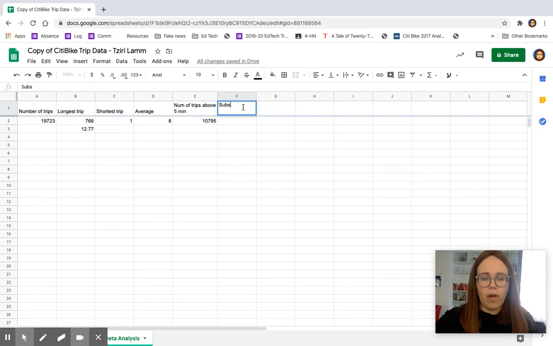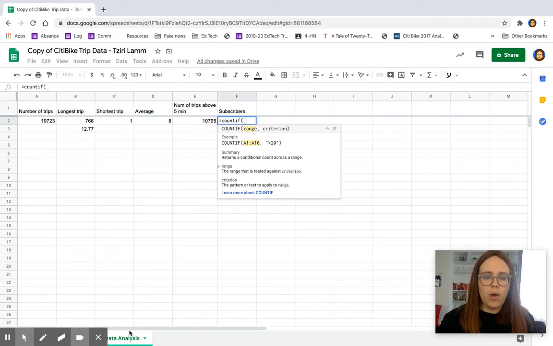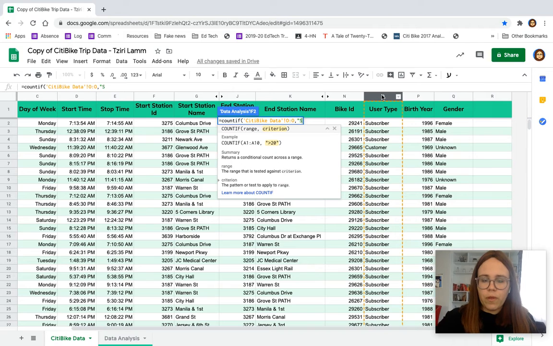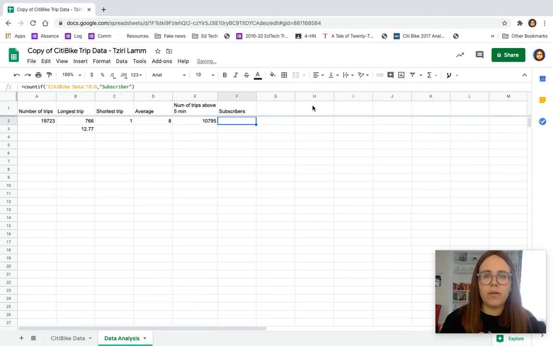We're going to write in subscribers, and we're going to use the same formula that we used before, which is a CountIF formula. And we're going to count user type, which is column O, if it says subscriber. We're going to close that. And now we find out that there are 18,490 subscribers, which if our total number of trips is 19,723, it means that most of the trips were made